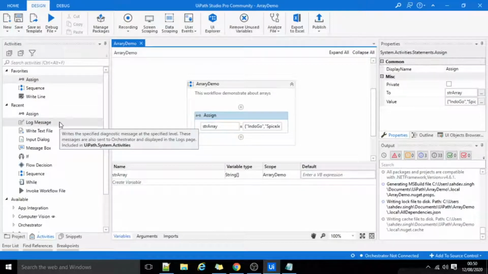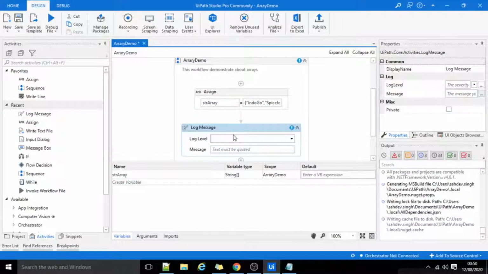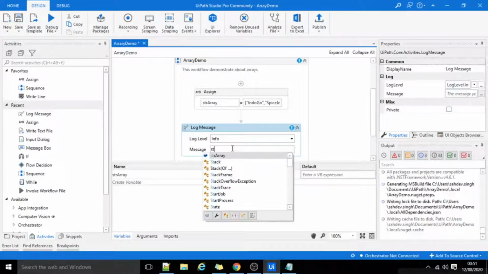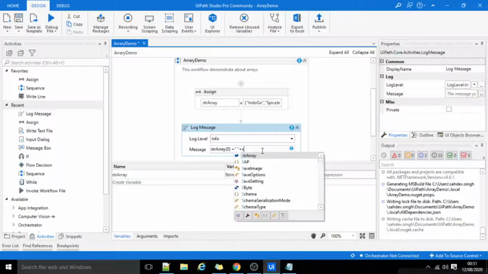Now I will try to display value of this array using log message. So I'll print first element of array, then I'll use concatenation operator, then second value of array.